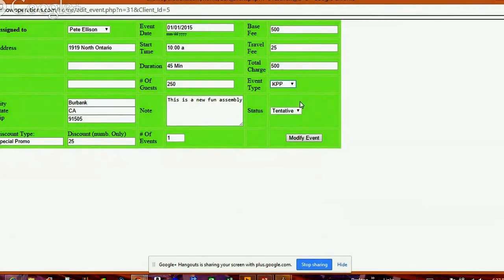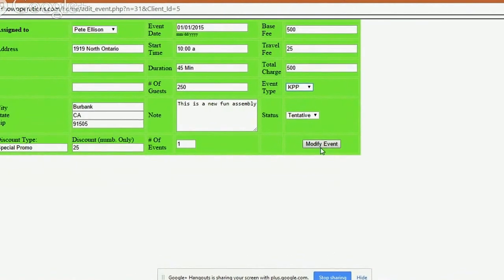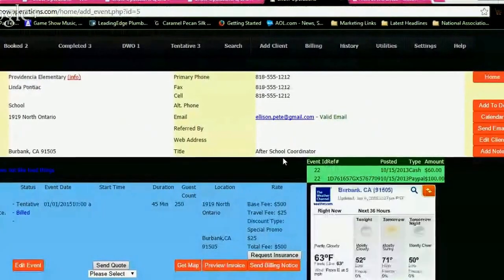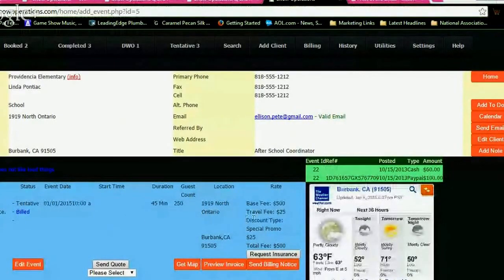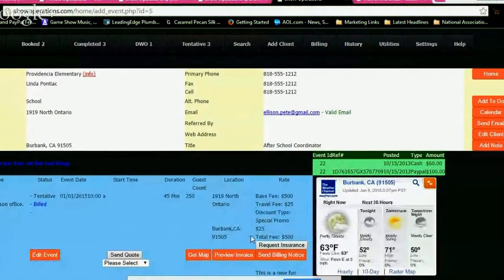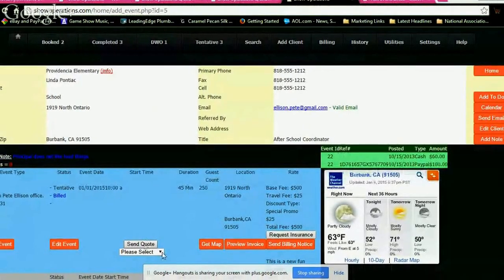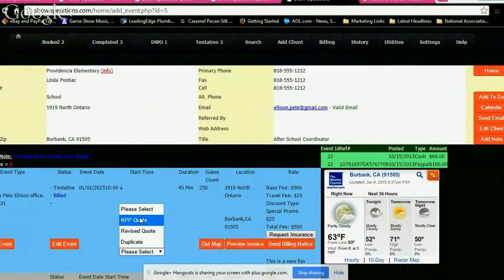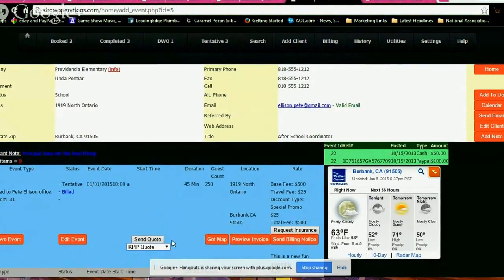Okay, so it's a kids party package, very pricey, might I say, and we're going to modify that. We know that we've got the discount in play, it's a special promotion, and we're going to go ahead and send this out. It's a KPP quote, and whatever we set on the invoice type itself, that's the type of quote. It won't let you send out the wrong quote. Whatever you changed when you edited this main document impacts this window here. So let's go ahead and send out the KPP quote,